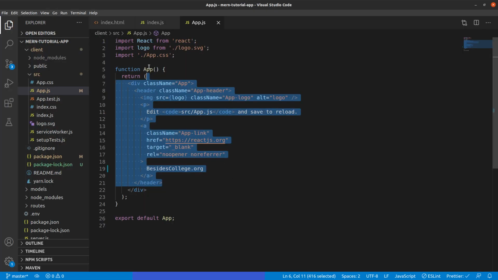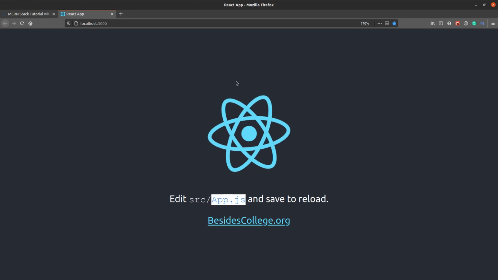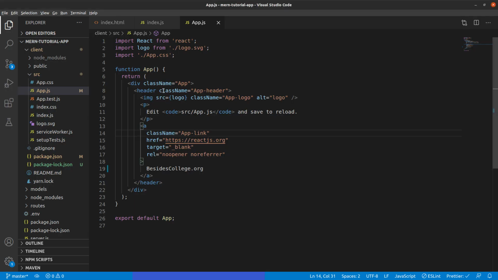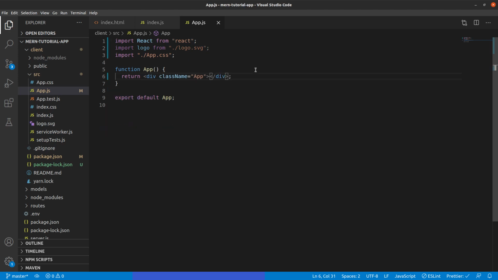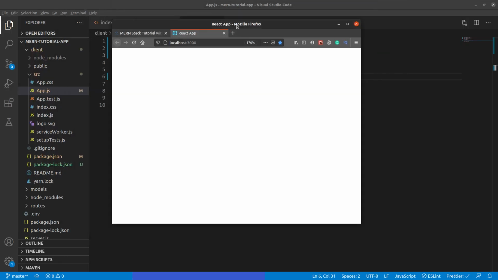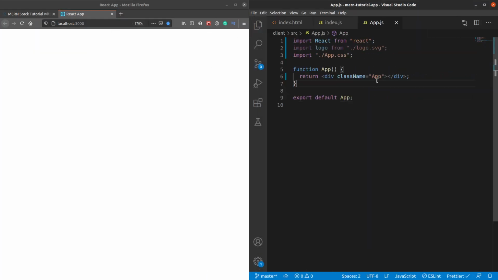Okay, so from here on we can just start editing the app.js file or the app component, and the content will be loaded on the application screen, the web page. So first thing what we want to do is understand a little bit of React conventions here. So let's get rid of all this content. Okay, so I remove the content and hit save. So you can see all the content has disappeared, which obviously means that app.js is not returning any data in here. So if I write A and save it, you can see there is A being written here.